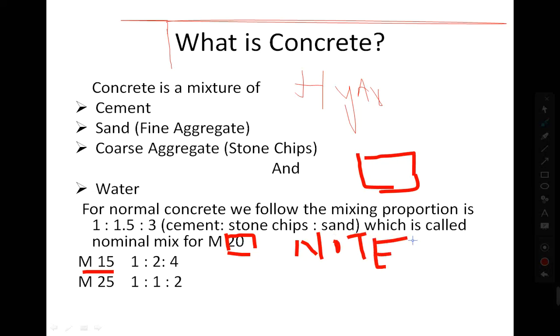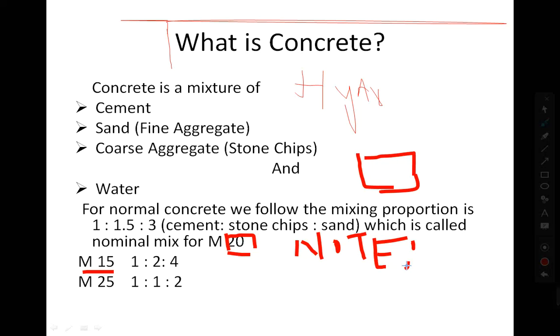And one thing you note, as per code, for RC construction, the minimum grade of concrete is M20, whereas for plain concrete, the minimum grade of concrete is M15.